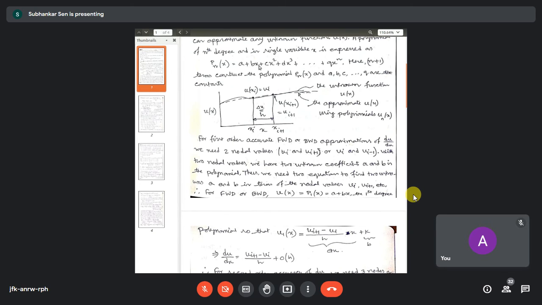So with the minimum possible definition of this polynomial method, you can have two nodal points. With two nodal points, you can calculate two coefficients. Two coefficients are used for the straight line. So the minimum possible finite difference gives you the equation of a straight line between the nodal points. Now, if you want second order accuracy of this du dx expression for forward or backward difference, you have to increase the number of nodal points by 1.